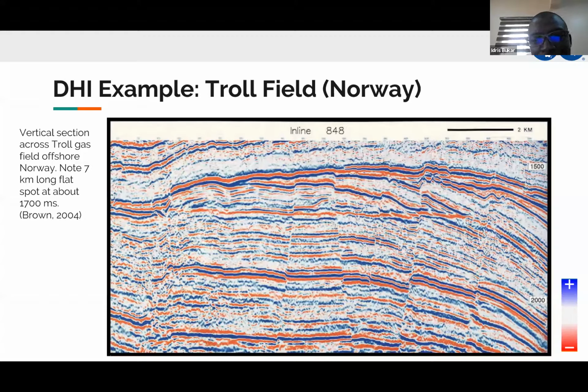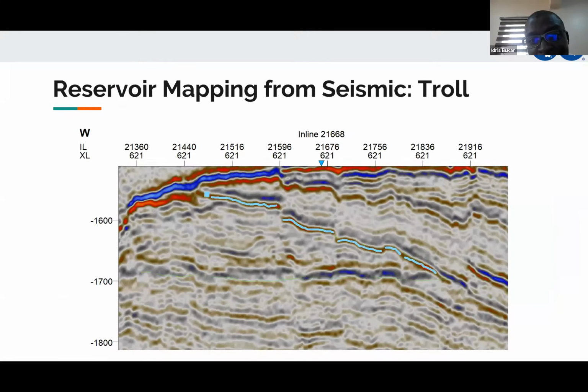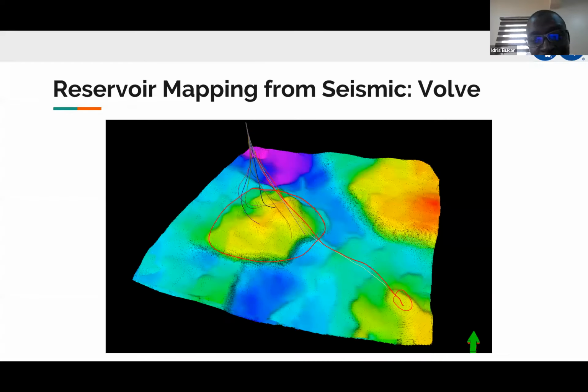So yeah, if you have a DHI expression, of course, if you don't have a DHI but you've mapped it, then again, same old logic of putting it at the top of the structure, because the fluid rises, the hydrocarbons rise to the top of the structure, right? So like what they've done here, okay?